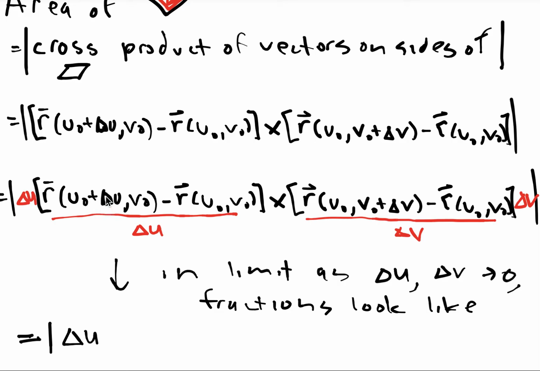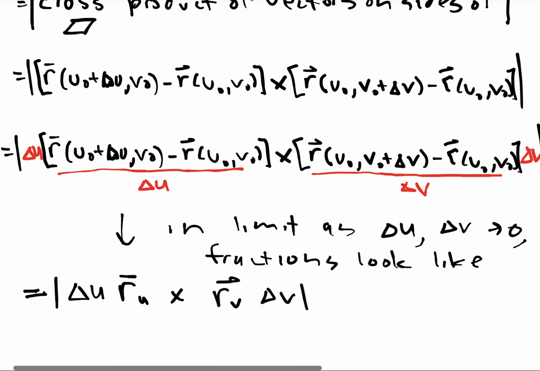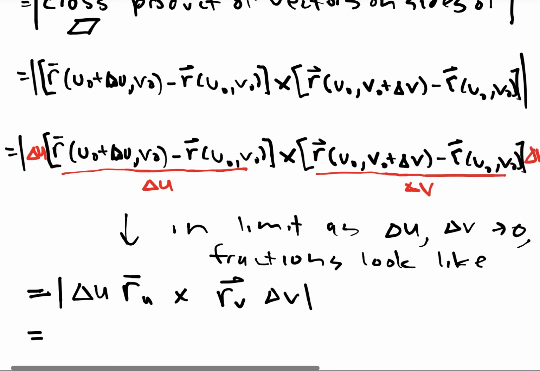You're just altering the first component by some scalar amount, and then you're dividing that out. This is totally a U partial of R. And then what I end up crossing this thing by is this thing, since I used delta V instead, and I had changed my V component, this is just going to be a V partial of R. Okay? Now, a final comment that I'll go ahead and make here, now that we've simplified the bejesus out of this,